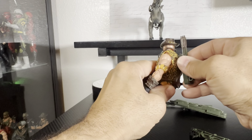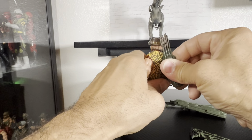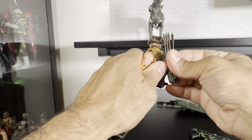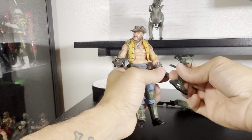A lot of Joes have that with the backpack. So you have to play with it. Yeah, it doesn't really go in all the way because of the vest. The vest is thick enough that it prevents you from, whatever. Anyway, we'll keep that out. We'll keep him with that. We'll put the...